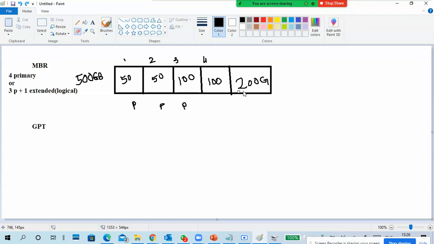So what I'm doing is one solution. Instead of leaving the 200 GB space like that, I will plan properly. I will divide it at the start like 100, 150, 150. Otherwise, I will make this one a 300 GB single partition.